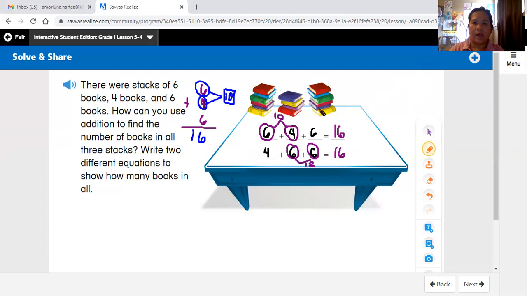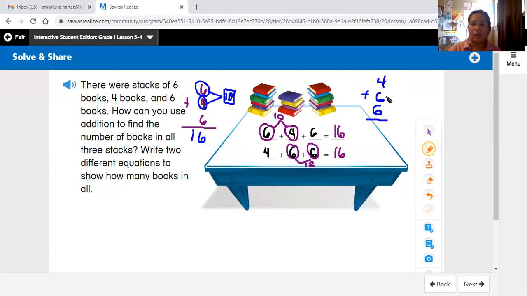We will write another equation like this one, the one that we add here. It is 4 plus 6 and plus 6 again. I write this 4 first here, then this 6 number here, and another 6. Oh, it doesn't look like 6. So it's still the same number of books. And